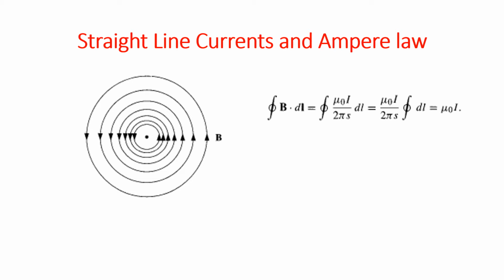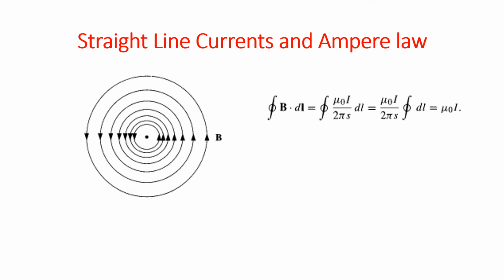So here you can see a straight conductor pointing towards you. The dot shown at the middle is a conductor that is pointing from the board towards you. It produces a magnetic field. So imagine that the current is pointing towards you. Then use the right hand rule. The thumb shows the direction of current, that is towards you. Then the fingers curl around the conductor in the counterclockwise direction. So the magnetic field lines are shown in counterclockwise direction. So they are concentric circles.